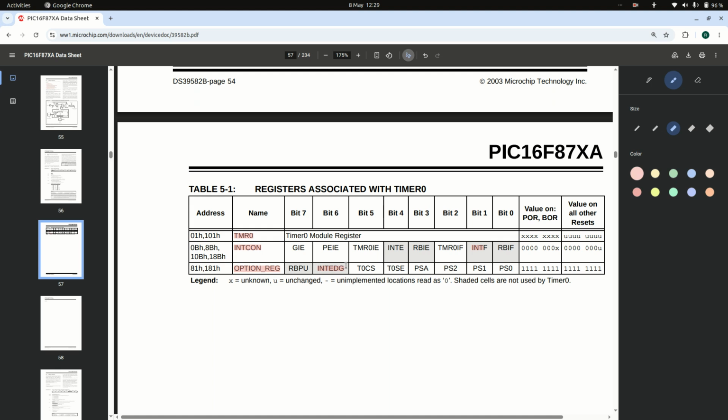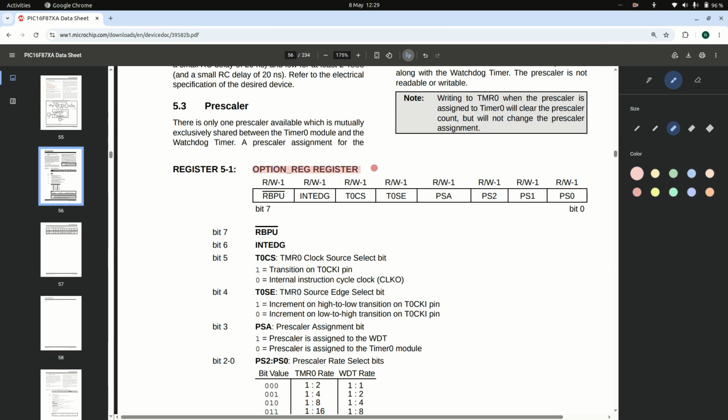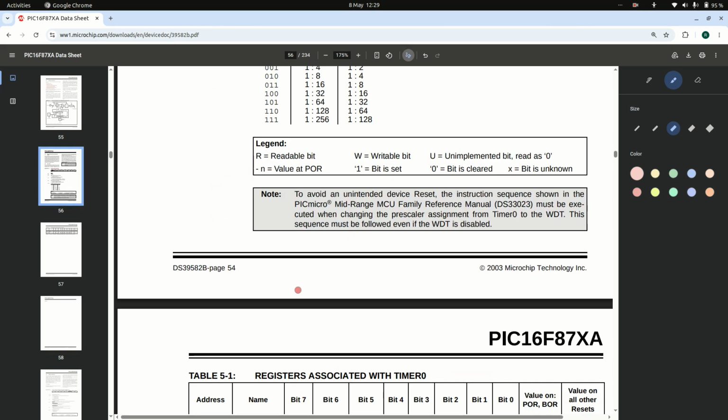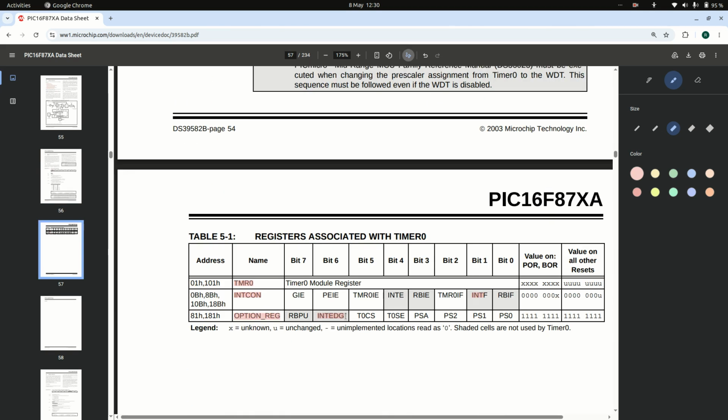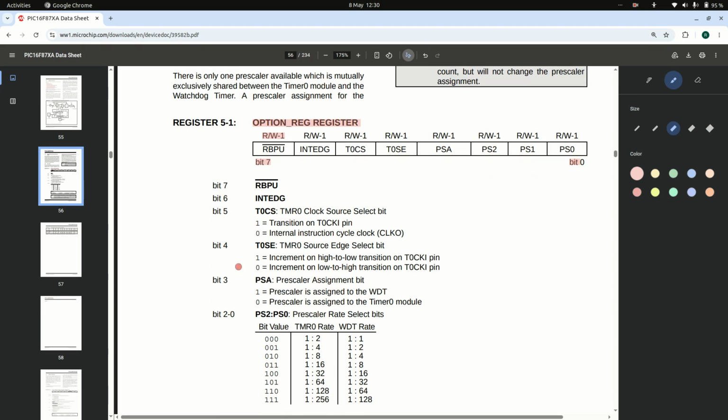Let's configure the register. Here we have the OPTION_REG register. So R or W means what? It stands for readable or writable, read or write. And this one is the default value. Here it has 8 bits, bit 0, bit 1, bit 2 up to bit 7, total 8 bits. And here you can see bit 7 and bit 6 do not belong to this timer 0. They belong to some other module. And here you can see bit 5,